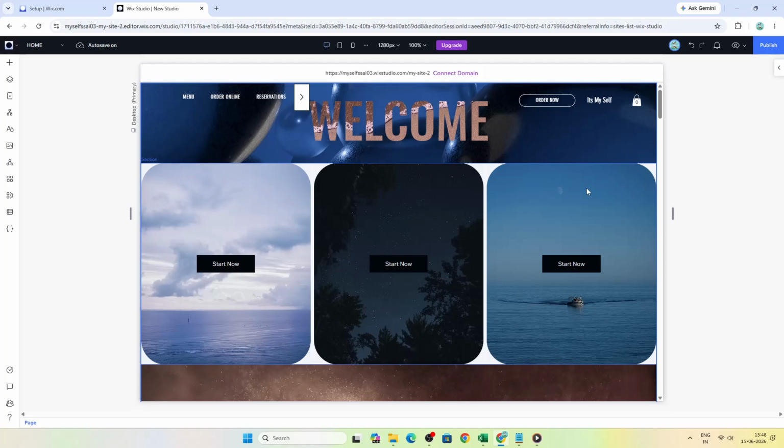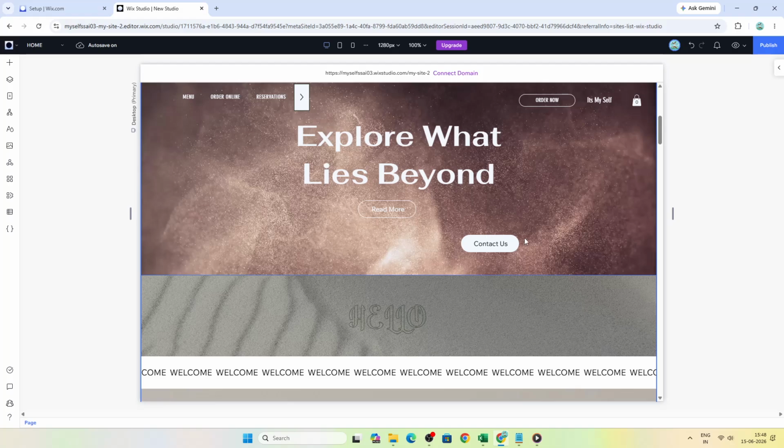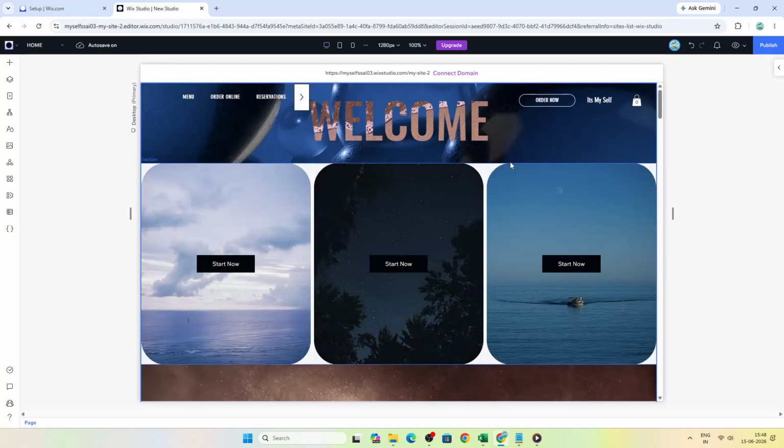affects. To begin, open your site in the Wix Studio editor. Make sure you are inside the editing workspace for the correct site before making any changes. This is important, especially if you manage more than one website, because page settings only apply to the site currently open in the editor. Once you are in the editor, move your cursor over to the left side of the